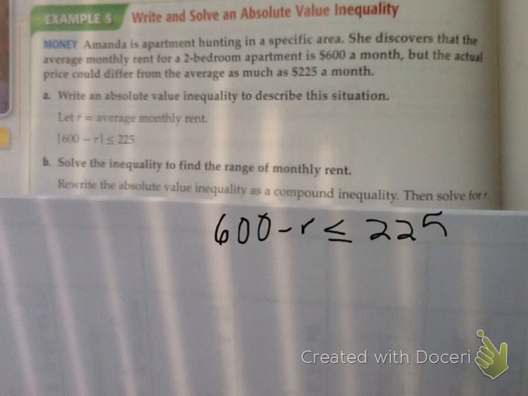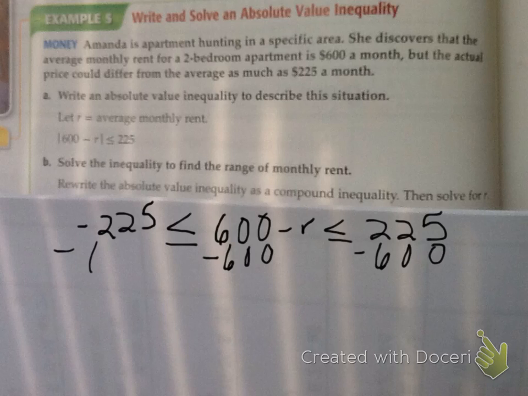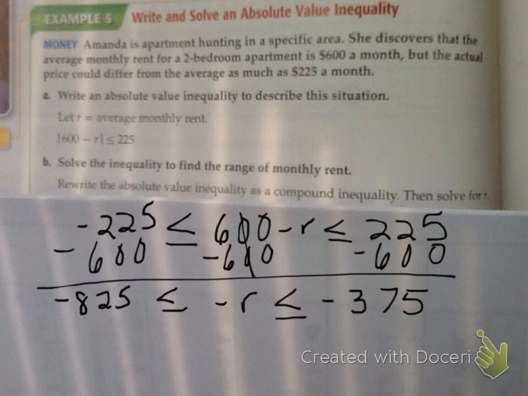Put positive 225 on the right. And you always put less than signs when you have a combined inequality with and. Put a negative 225 on the left side. Subtract 600 from both sides. Okay, now we have a negative r. We have to have a positive r, so we're going to divide by a negative 1 on everything. And when we divide by a negative 1, it flips